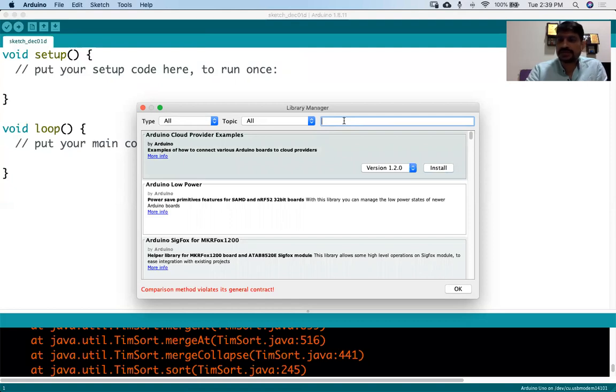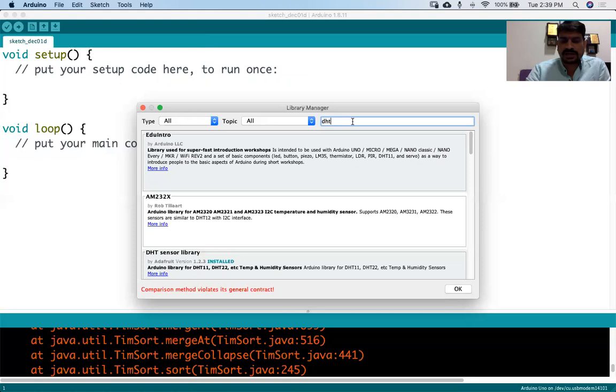You can search here for libraries of different sensors. Let's say I want to find the library for the humidity and temperature sensor. I can write DHT here and search for that.